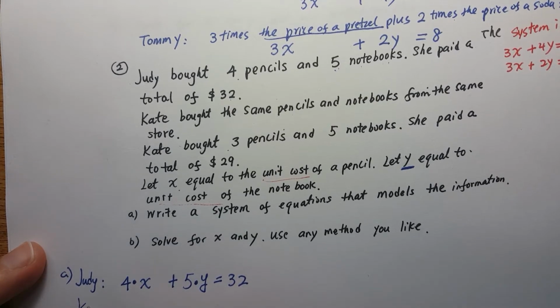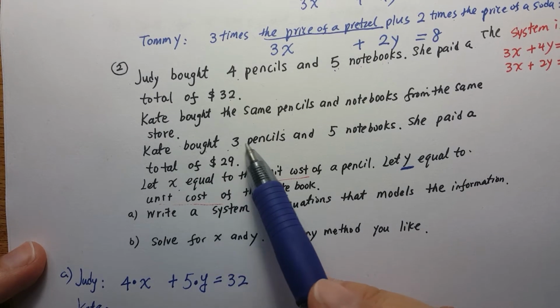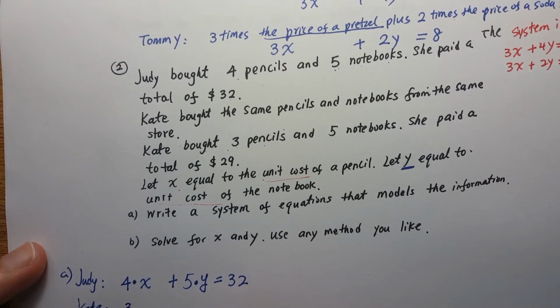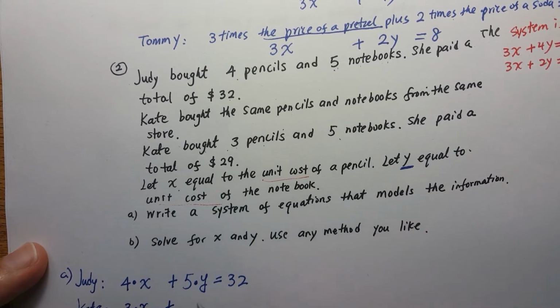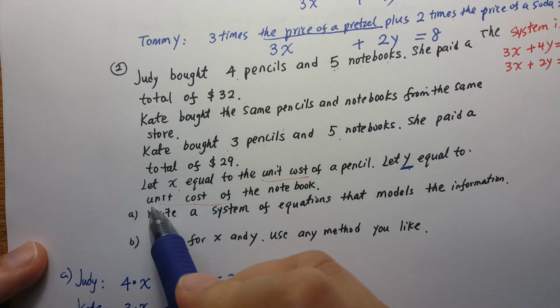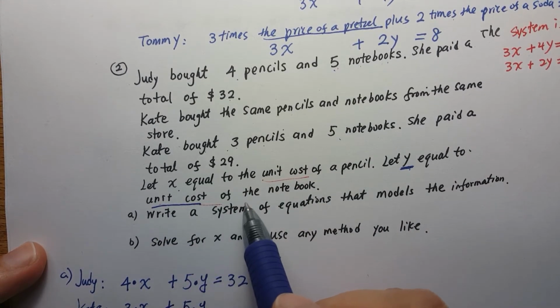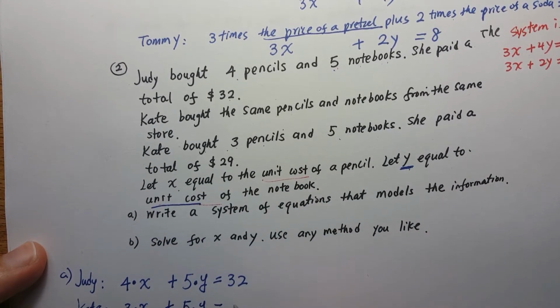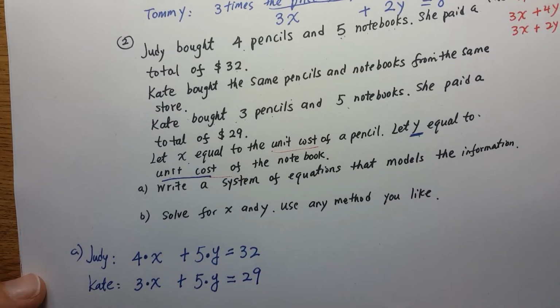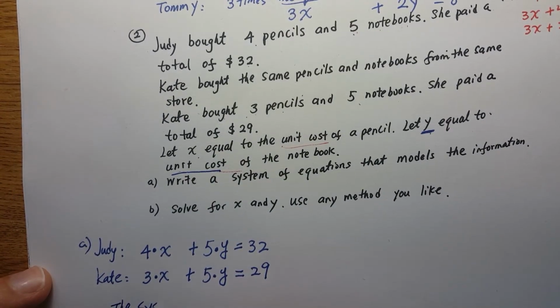Now we're going to look at Kate. Kate, she bought 3 pencils, so 3 times the price of a pencil, 3 times x, and plus 5 notebooks, so 5 times y, because y represents the unit price or the unit cost of a notebook, and she paid $29. So therefore the system is